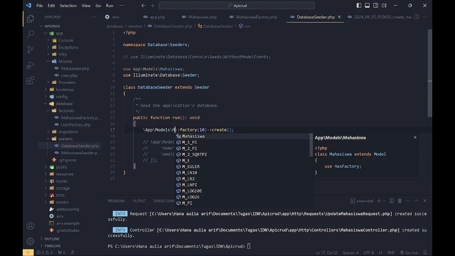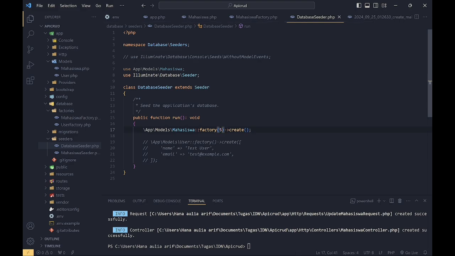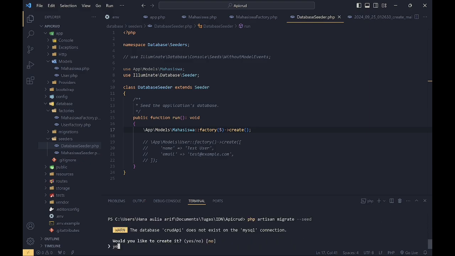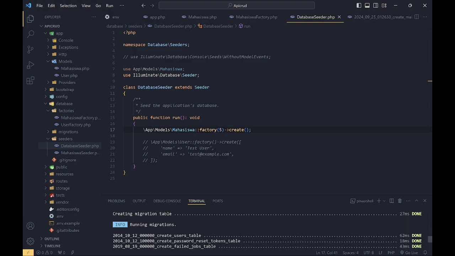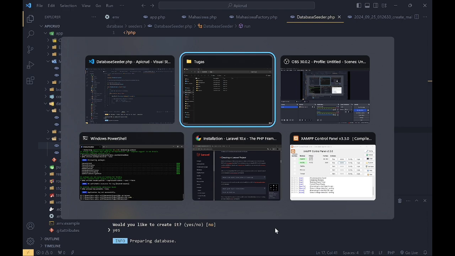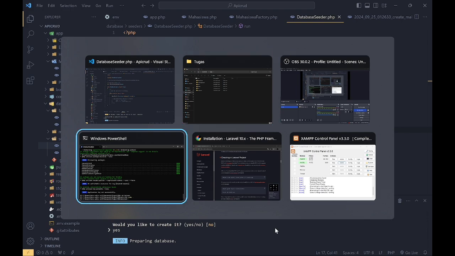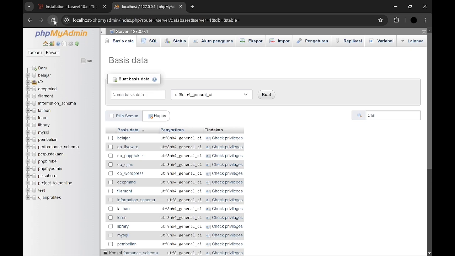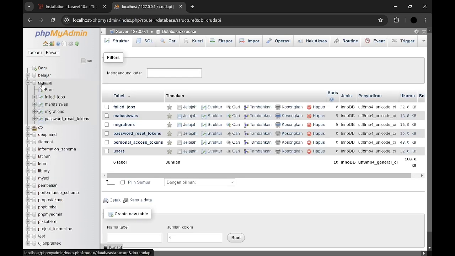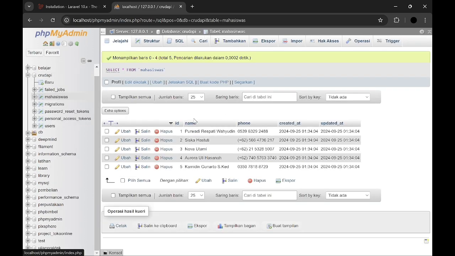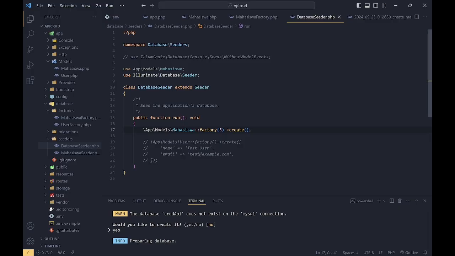Here I use the model Mahasiswa first, and then factory 5 means we add 5 data, and php artisan migrate --seed is for making the migration and filling the data. Then I create the migration here, not in phpMyAdmin, and then the database will be created, and in the mahasiswa table there is data from Faker.